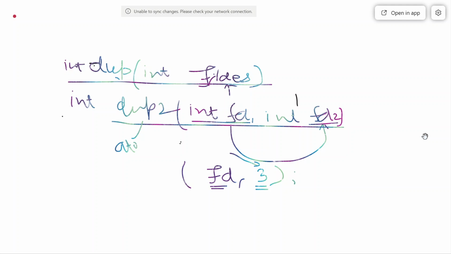Now what is happening here is that 1 is going to be closed and 1 is now representing this. Now what will happen in your program? Just as an example, I will demonstrate with a program. Let's say I write a program.